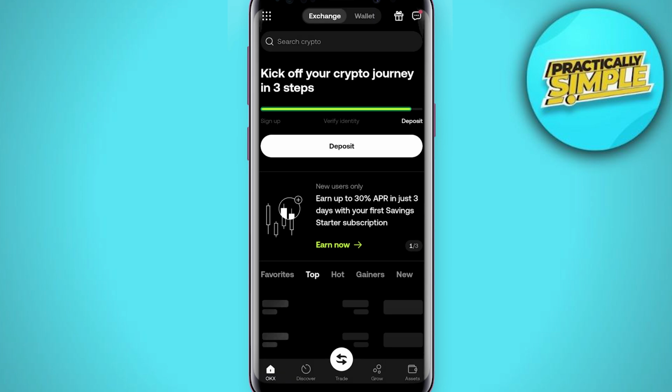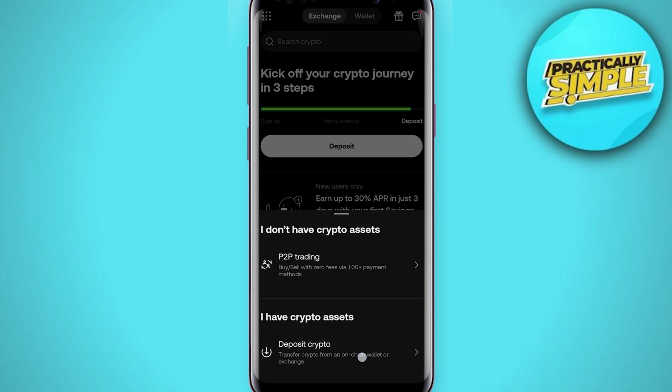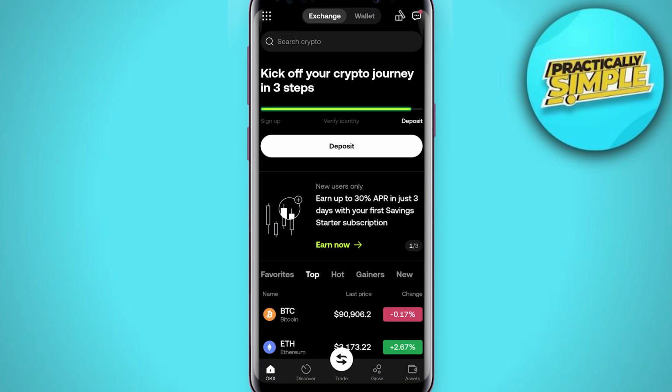Here you want to go ahead and deposit, right? First, you have to tap on this deposit and then tap on this deposit crypto. So you have to deposit the crypto. When you have deposited crypto,